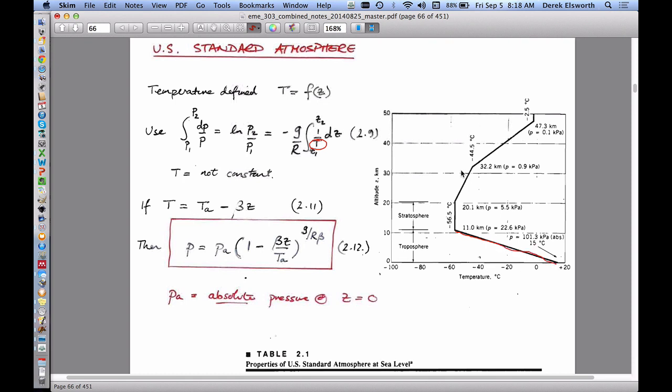And this is just a graph. It comes out of your textbook, of the change in temperature as we go up from sea level, which is here, 15 degrees in this particular case, to the top of, well, 10 kilometers would be 35,000 feet, a little bit higher than Everest, and beyond up to the edge of the atmosphere, where it first decreases, gets colder, stays the same, and then gets slightly warmer as we go up into the atmosphere. And so what we want to do is define the temperature as some function of